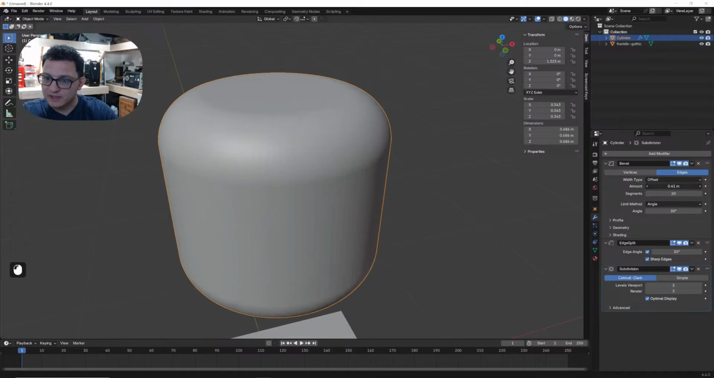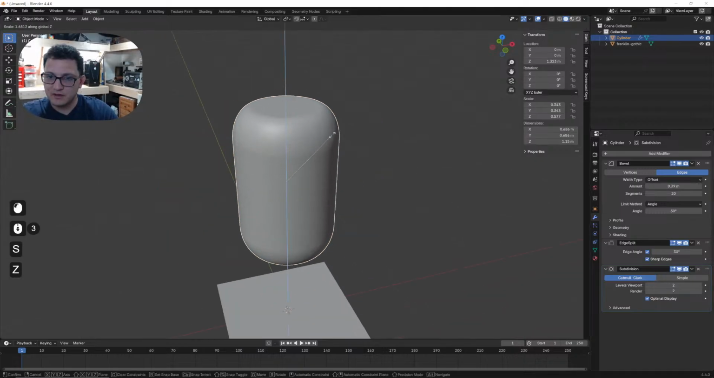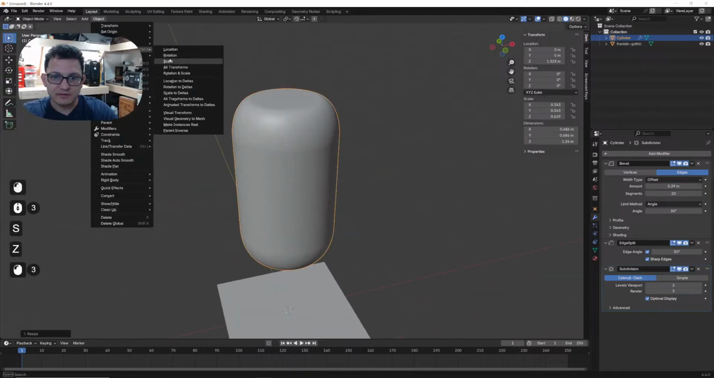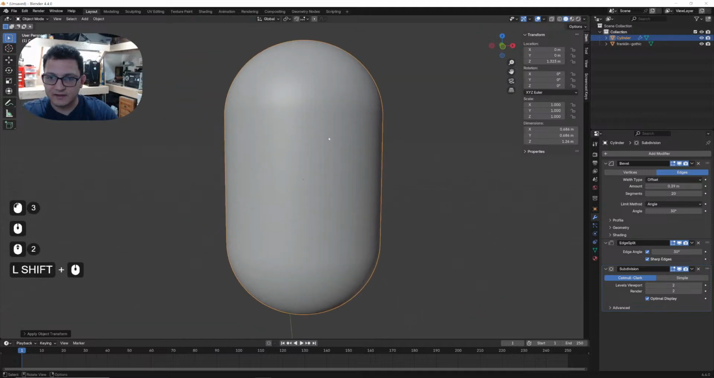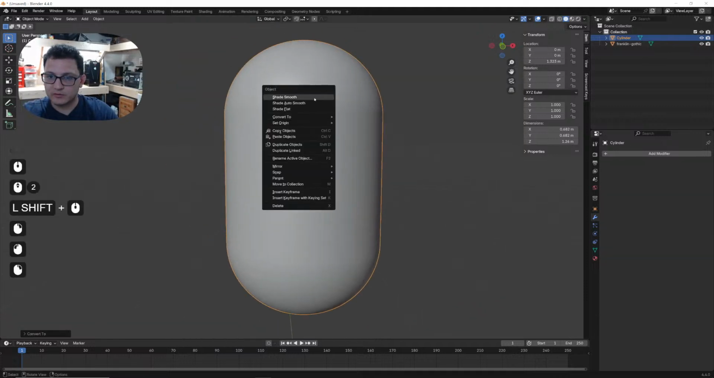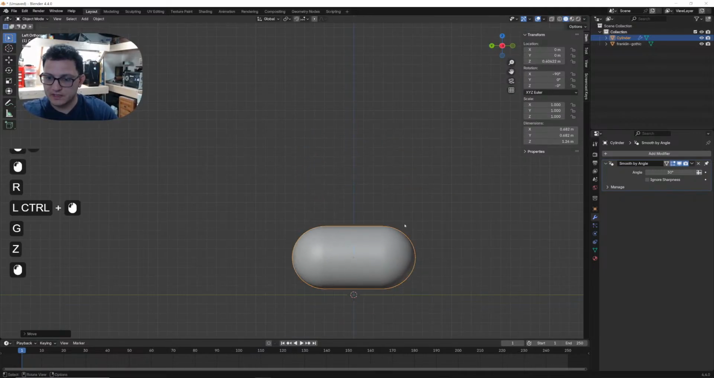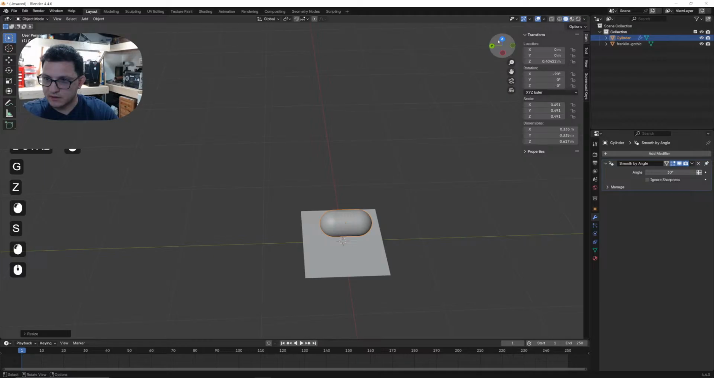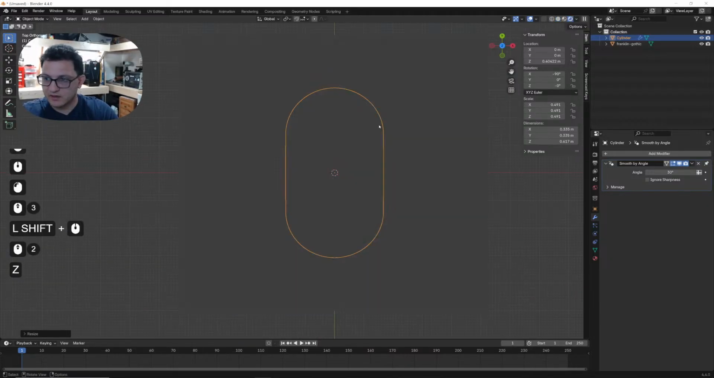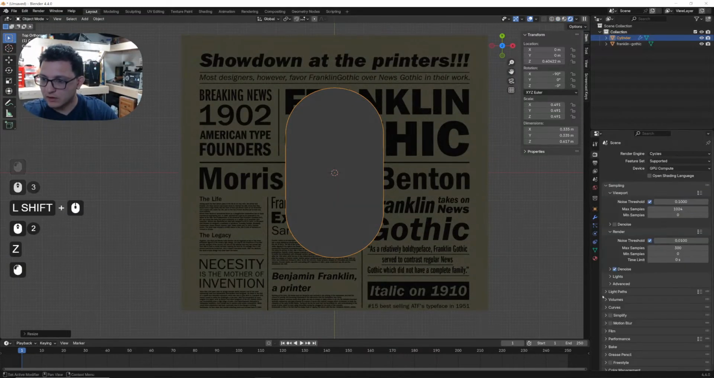I feel like something like that would be good. Let me just apply this scale. I feel like that's fine. We'll just convert it to mesh and shade it auto smooth. We'll rotate it, move it down. That's fine. All right, so something like this, if we are in Cycles, which we are, really all you have